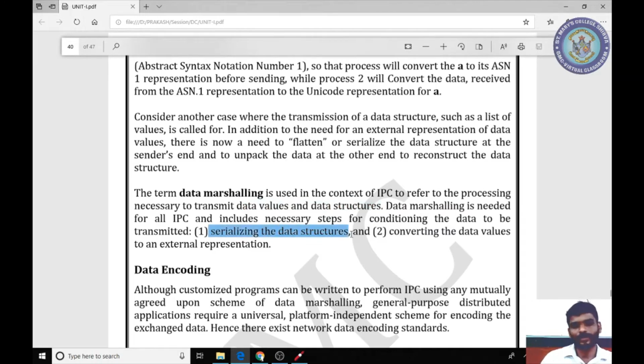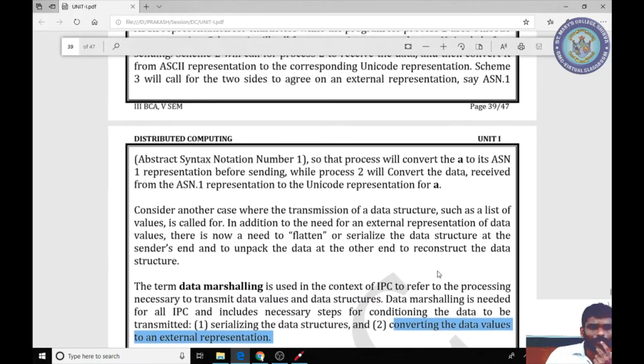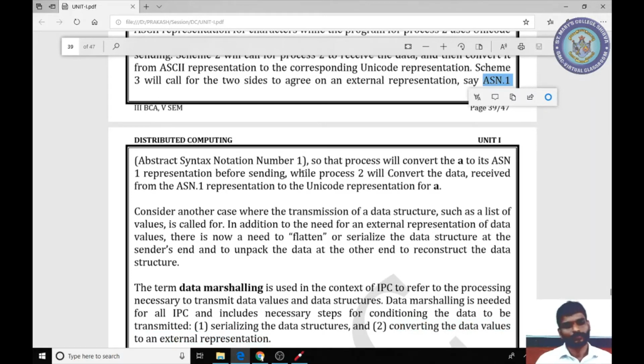So it serializes the data structure and converts the data values to the external representations. Then there is a standard used for communication, ASN.1, Abstract Syntax Notation One. That is the standard used throughout the internet for communicating from one end to the other.